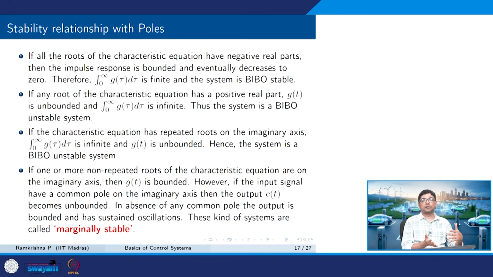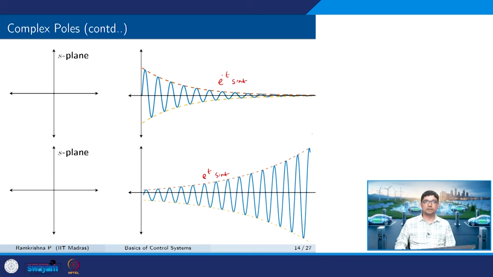That translated to the notion of poles being on the left half plane. So, if all the roots of the characteristic equation have negative real part, the impulse response is bounded and eventually decreases to 0. Okay. So, integral 0 to infinity g tau d tau is finite and the system is stable,